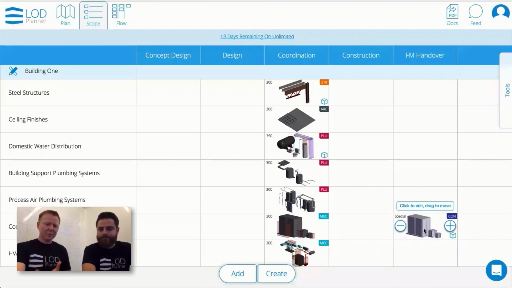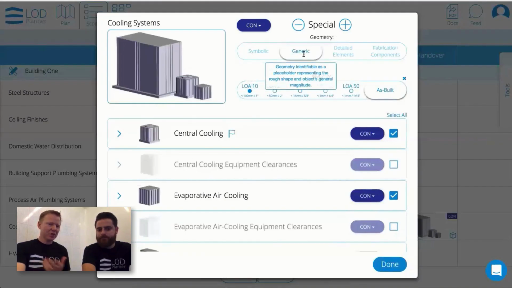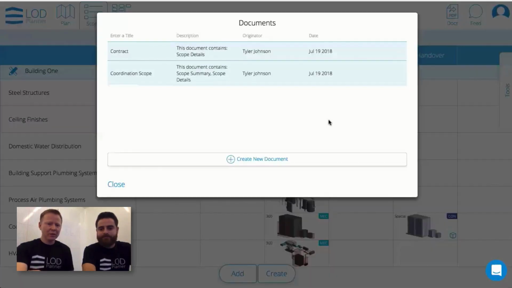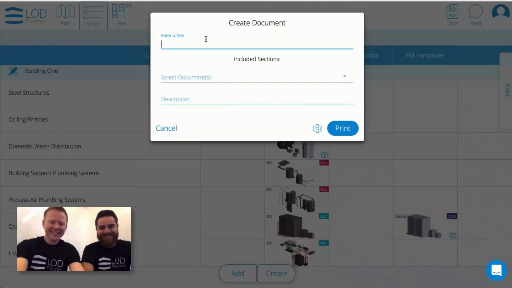So this is a special condition. We've chosen generic geometry, we've chosen as-built level of maturity, and we've added the information required. And now you might want to create some kind of contract to get this out and share with other people. So we go to the PDF, and let's say that this is the handover